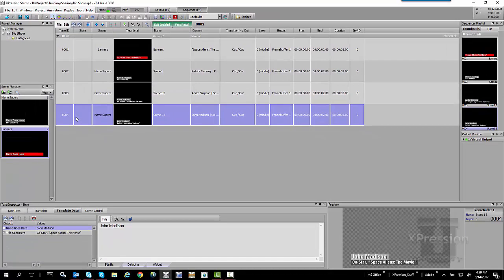If I had images, if I'm using file paths, I get the same information. If I'm using materials from my scenes, I'll get that same information. So this is a way that I can use two different machines together and send files back and forth in the sequencer as long as I'm working within the same project.